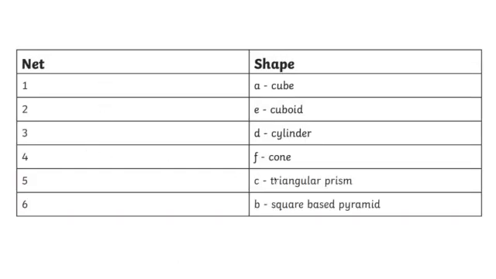Number 5 was the triangular prism, C, and 6 was a square-based pyramid. So that's today's lesson. If you have any questions about that, please let me know,